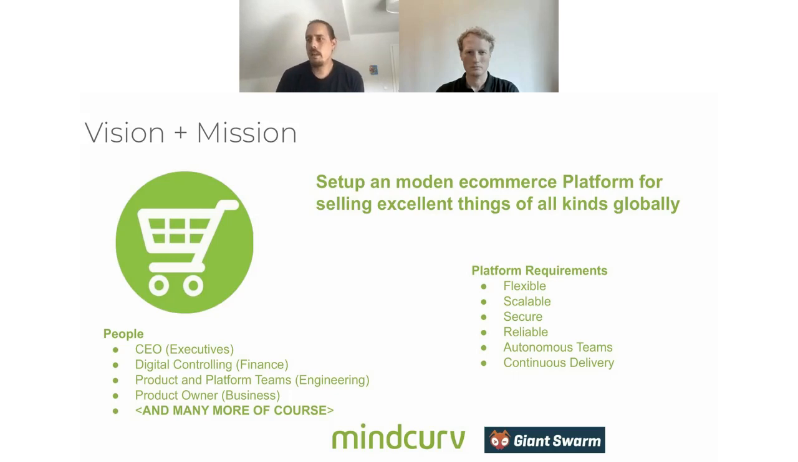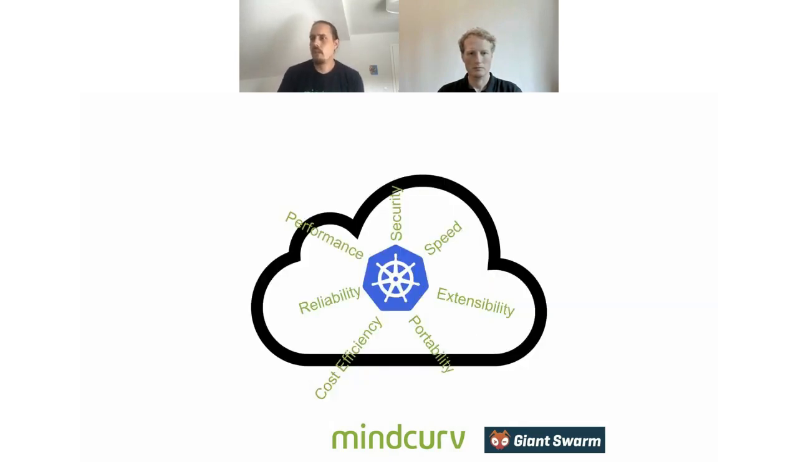And let's assume here we have a few platform requirements that have been set. It should be flexible, scalable, secure, reliable. It was clear from the beginning you want to have autonomous teams and continuous delivery for time to market. And speed is pretty much important because it's a new e-commerce platform. Let's assume the same. And for this, if you look at Kubernetes, you will have all these 7 aspects